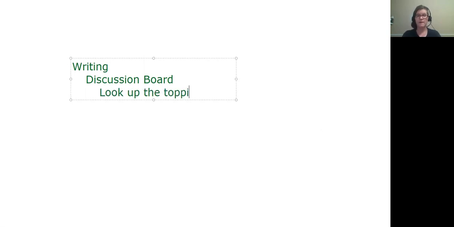You might have, especially in an online class, a discussion board type of writing assignment, in which case you need to find out what kind of discussion board it is and what the requirements are to make sure you're meeting your minimums. Typically for discussion board assignments, the action steps would be to look up the topic and make sure you have your background information. So if you still needed to read or watch a video, you would want to do that. You'd want to know the topics of the assignments ahead of time. Then